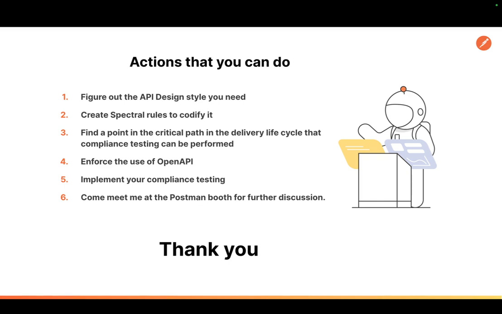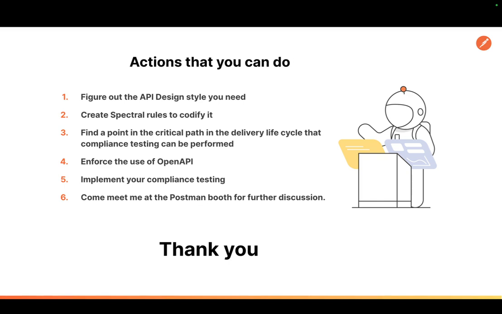Now that we learned all these things and how we at the Postman API team handle our public exposure, what can you do in order to utilize what you learned? You can figure out the API design style that you need, or you can also start small with some security best practices and some documentation best practices. You can create Spectral rules to codify them, and you need to find a point in the critical path of the delivery in order to inject your testing, right? Especially with API design,